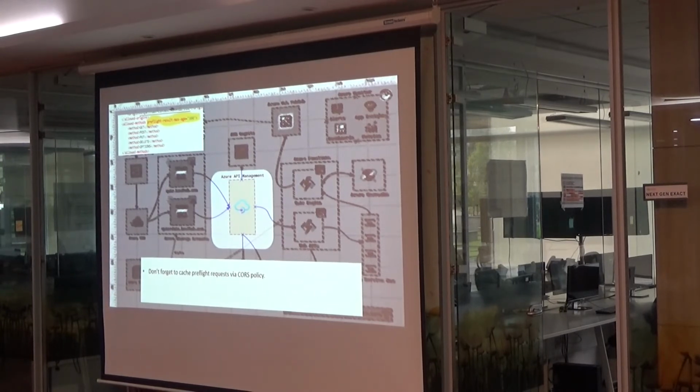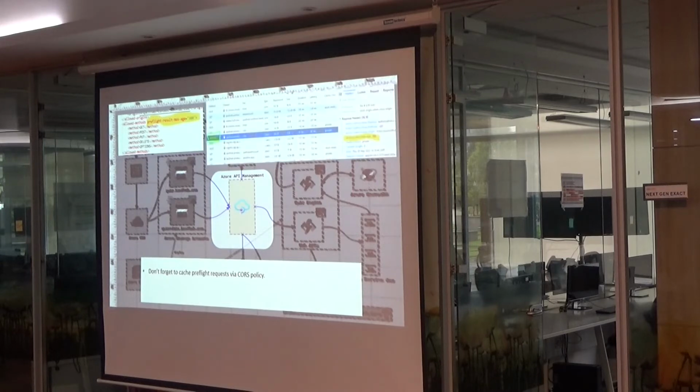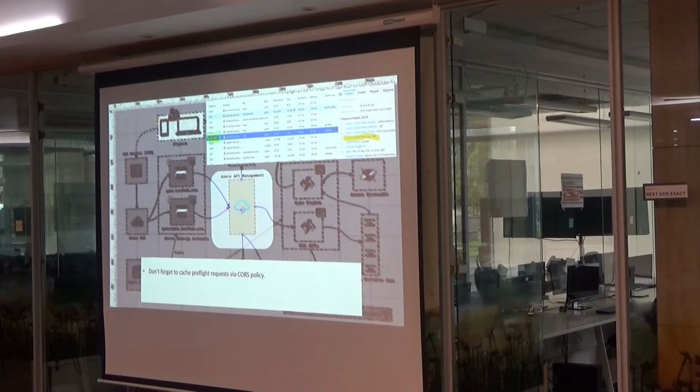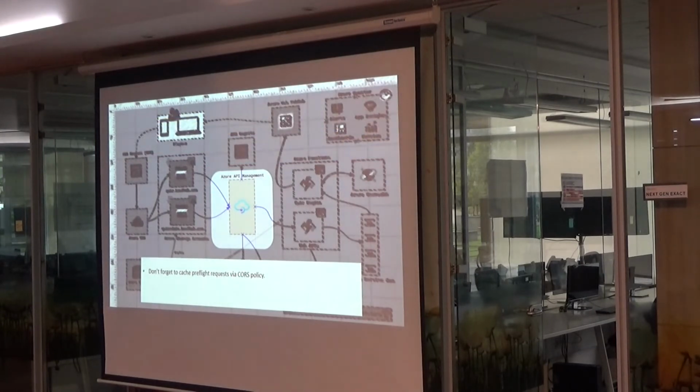Is APIM developer without SLA, or which plan? We are using the consumption plan. Again, no reserved capacity, it is pay as you go. I think the first million requests are free, and after that the metering starts. So here we see access control max age 300. In that 5-minute window, if the browser sends a pre-flight request again, like it's sending the options, it's just going to get the cached response. So that saved a lot of outbound calls.